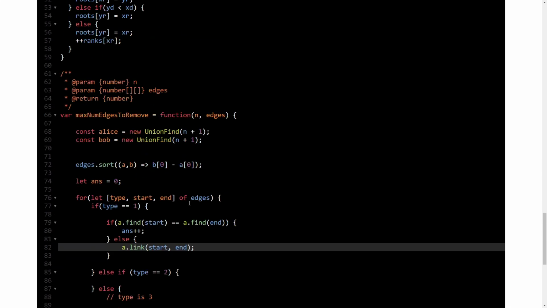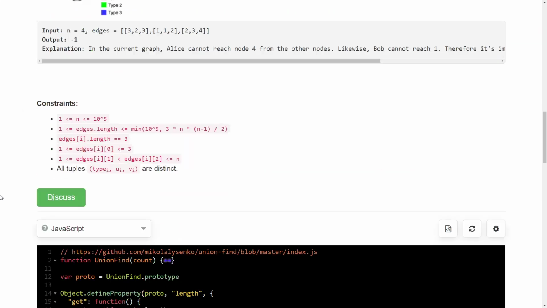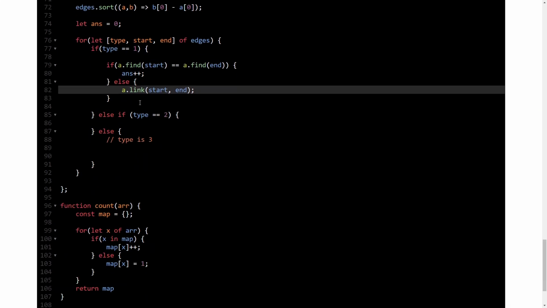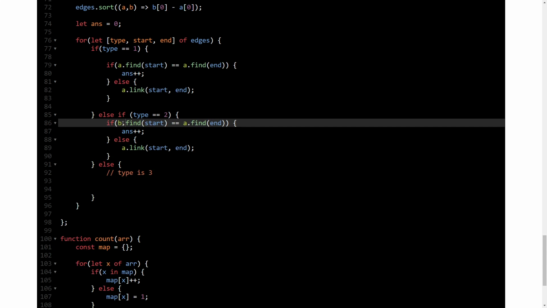So that's it. So as I mentioned, when we were talking about this thing and we reached this edge, which is 1, 1, 3, 1 and 3 were already in the same component, right? 1, 2 and 3. Because of these two edges, it was already there. Then we just increment the answer because now this edge is redundant. But if we find anything new, then we have to add it to this component. So that is what we are doing. And this data structure will help us. And for type 2, we have to do exactly the same thing, just for B. So you might want to type it again so that you don't make any mistake.